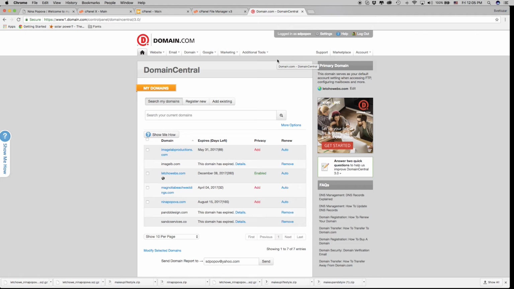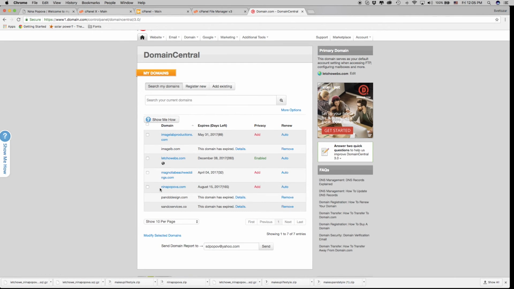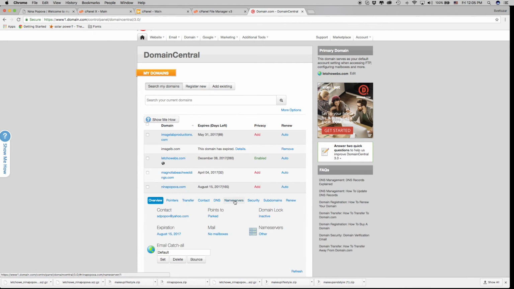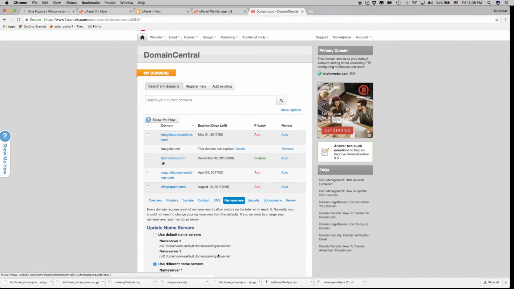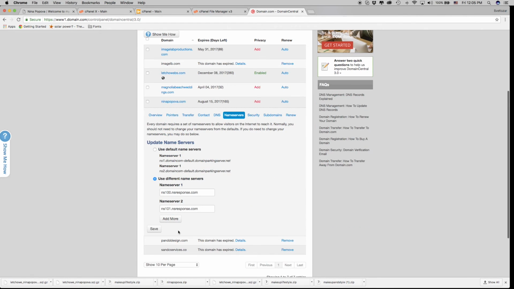you go to the website where you purchased the domain name for the website, such as domain.com. This is the one that I'm using. So you log into your account, find the website that we just moved to the new server, click on it, name servers. Okay, as you can see here, we have the old name servers,